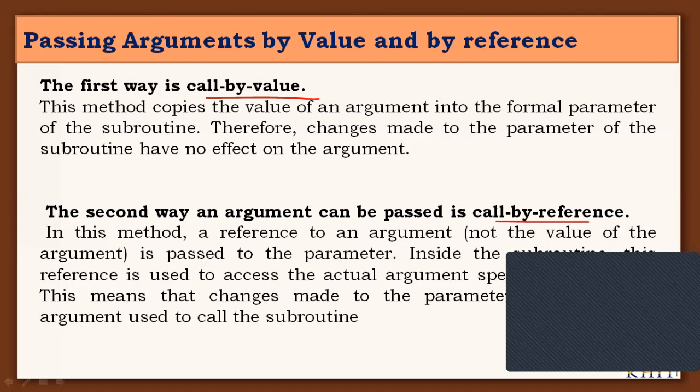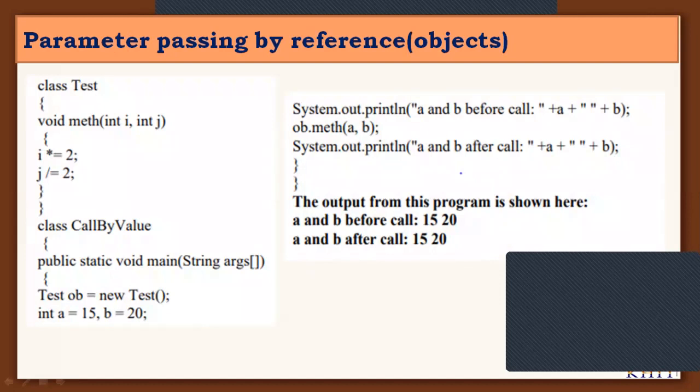And call by reference is by passing the address of the variable or instance variable when invoking methods, passing a reference of a particular variable or memory location. That is the concept of call by reference. And you can see an example program like this. Here it shows call by value and call by reference, and you already know about these two topics clearly.